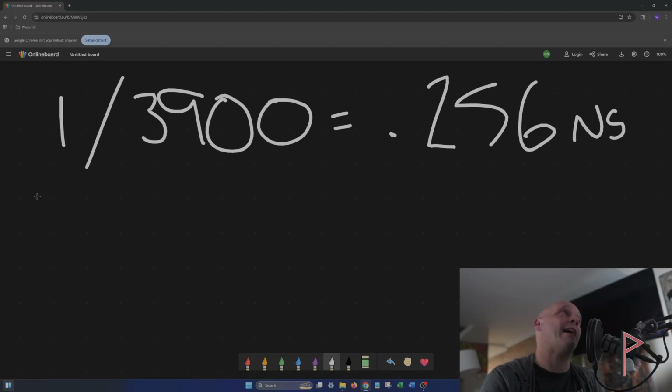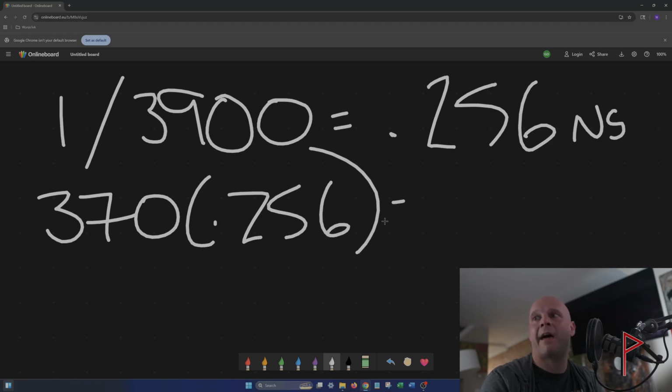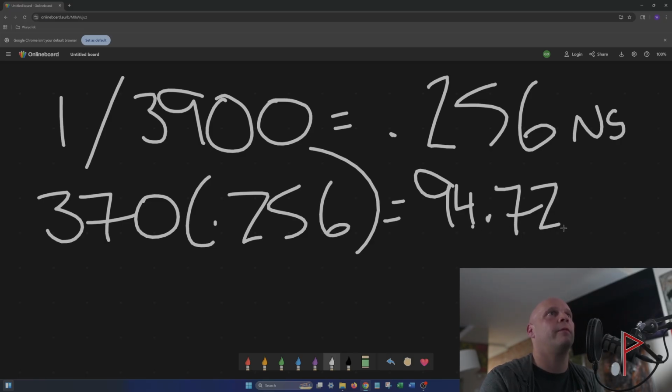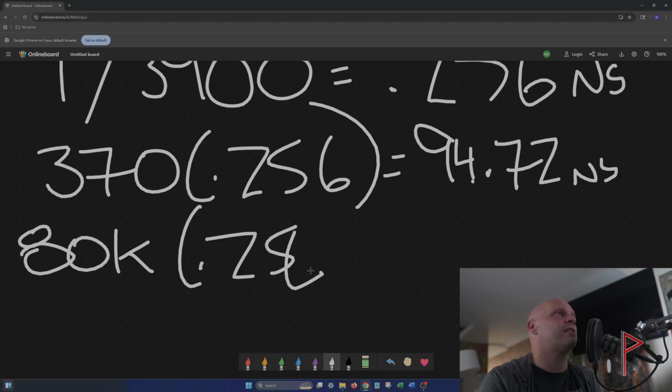Then you take that value and you multiply it by your tRFC, 0.256, which, having done the math, I know is 94.72 nanoseconds. You do the same thing with tREFI. tREFI value of 80,000. You multiply that by 0.256 and you get